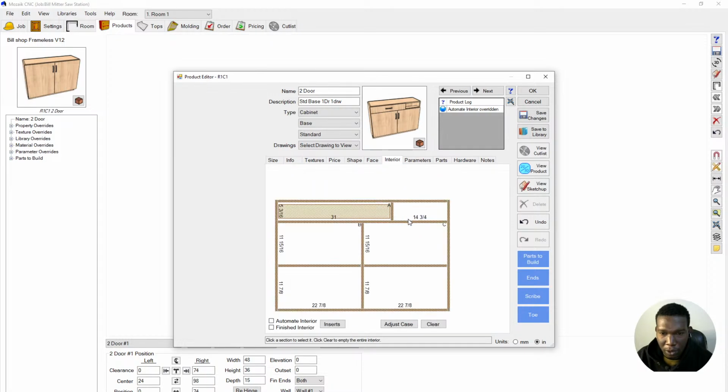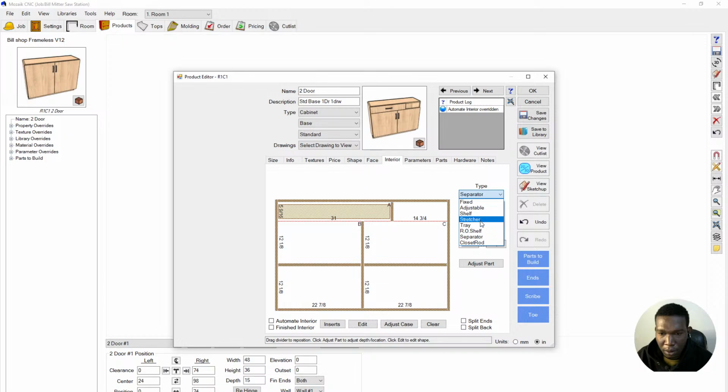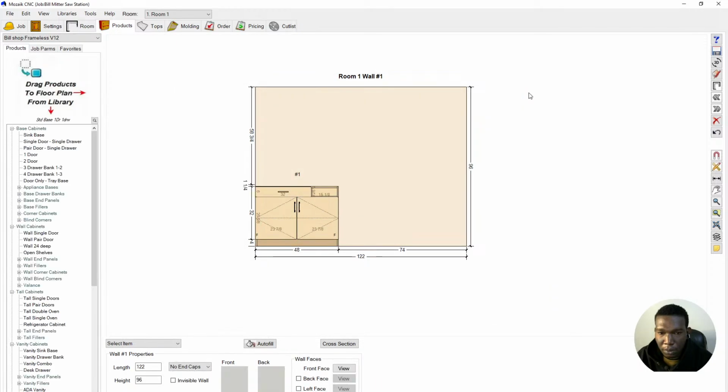Then interior, this one should be stretcher, no, separator, no, fixed, yes. Okay, so let's go back to the settings tab,